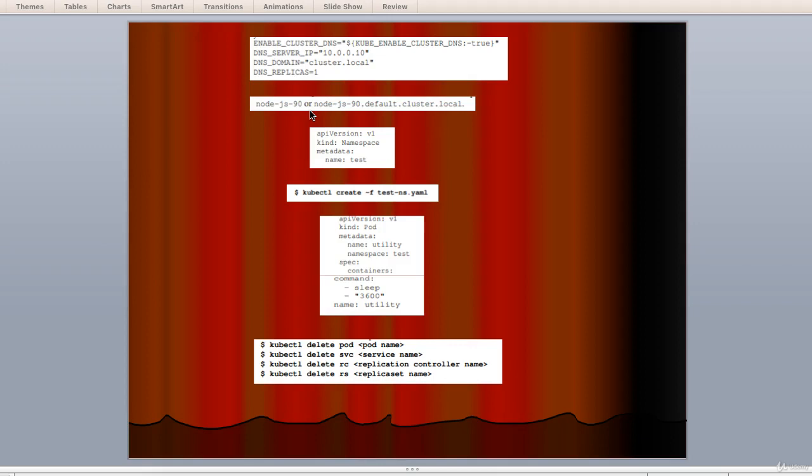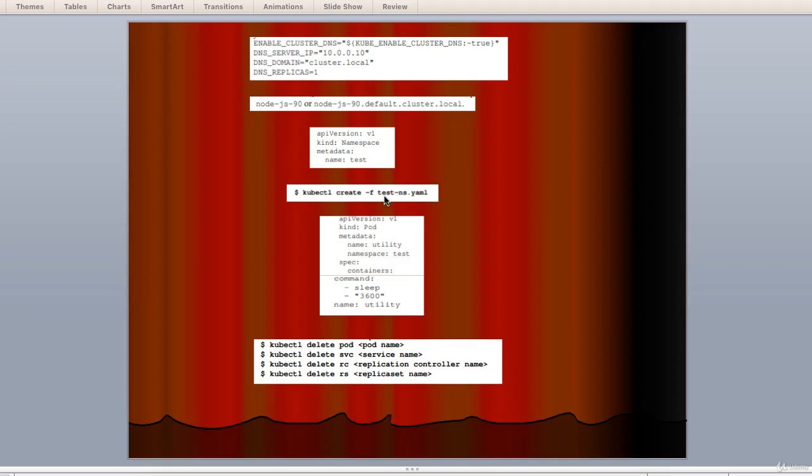For the sake of experimenting, let's take a look at how to build a new namespace. First, we will need to create a namespace definition file like the one in the listing as you can see on the screen where I am pointing right now with my cursor. This is basically a test-ns YAML file. We can go ahead and create this file with our handy create command as you can see here.